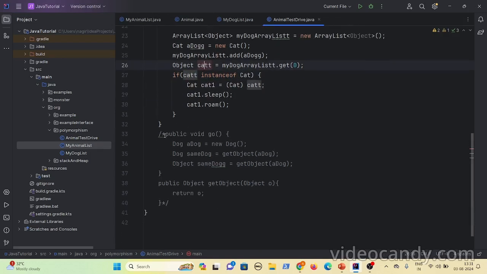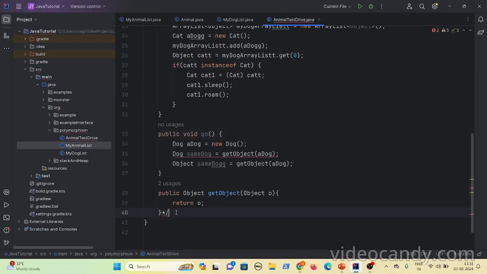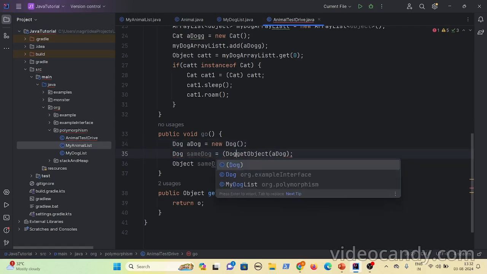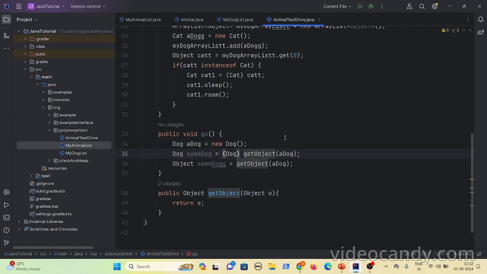Okay, now let me see these examples as well. Here, I have created a new dog object, and then I am trying to call this getObject. In this getObject, instead of using dog, it had converted to Object and is returning it. Now this is returning the Object and you want the dog, so it will not work. In this case, you have to explicitly do this typecasting. By using this typecasting, you can get back the characteristics of the virtual object.